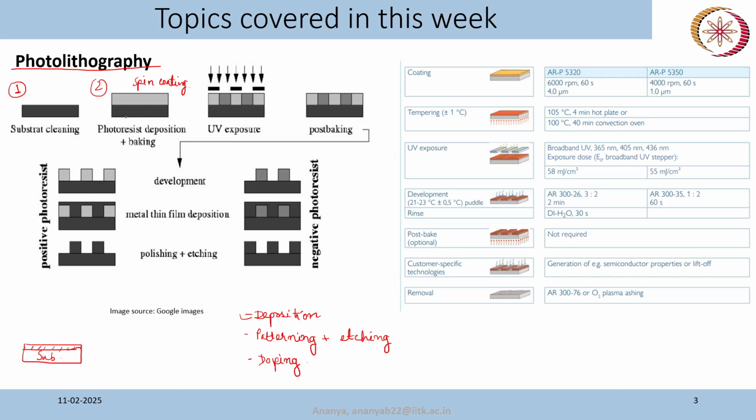Now this is the PR coating. Photoresist, I will use the abbreviation PR. It will have a certain thickness, and that depends on the speed and the type of the photoresist, and it is usually given in the data sheet of the photoresist. Okay, so you can see I have taken this screenshot from a photoresist series. This is ARP 53 photoresist. Okay, I'm just giving you this for your reference. So here in this data sheet,